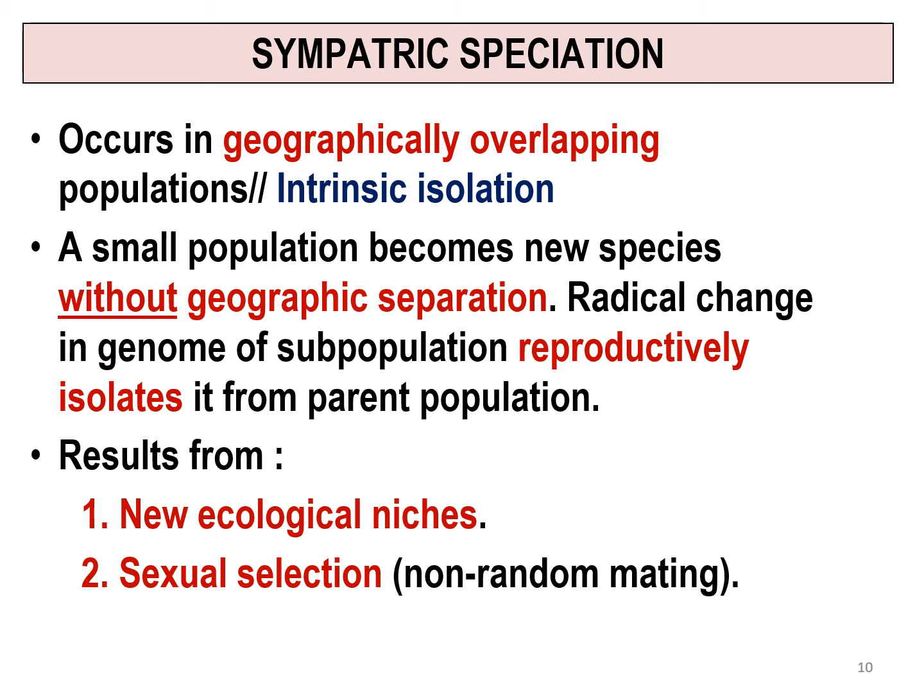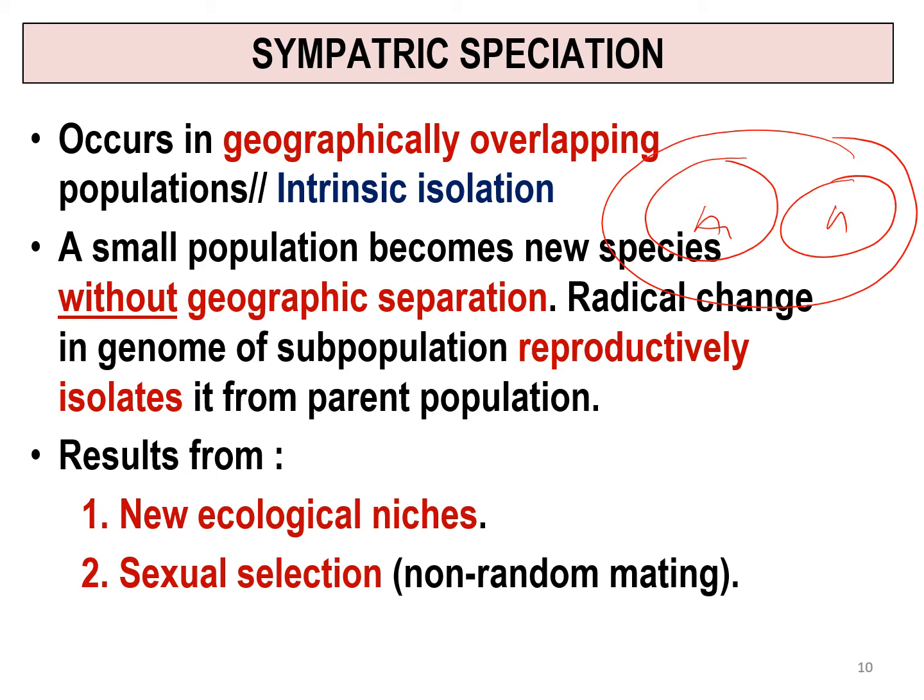Sympatric speciation occurs in geographically overlapping areas, maksudnya dalam satu kawasan yang sama. Jadi satu kawasan yang sama, populasi A1, A2 dalam kawasan yang sama. Mungkin A1 ni sampai sini, A2. Jadi walaupun even though they are in the same population, in the same area, the small population becomes a new species